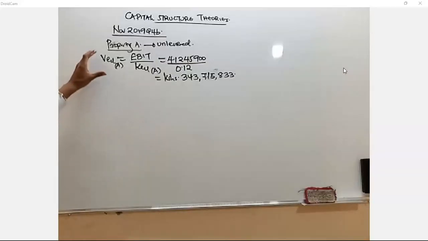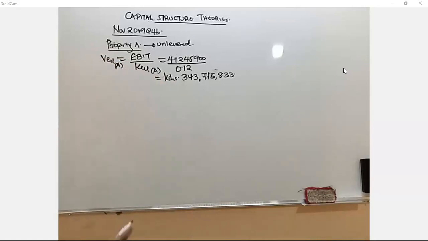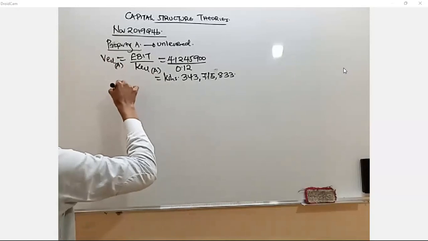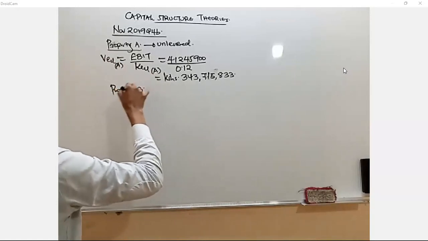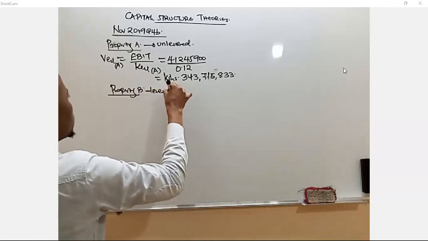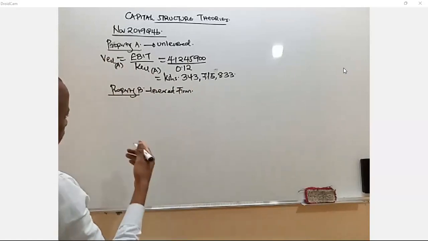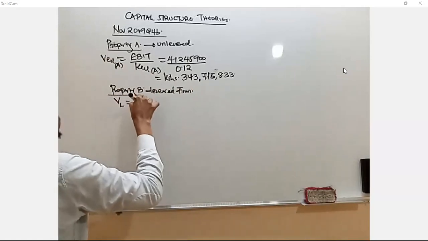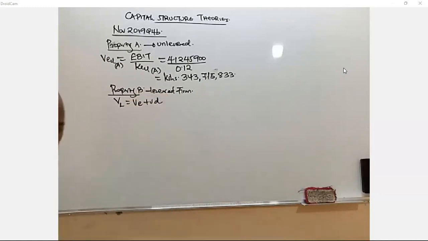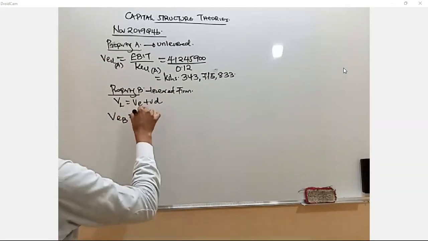I have already calculated for you the value of the farm or property A. I just want to calculate for property B, which is partially, this is the levered farm. So how do you normally get the value of the levered farm? We have said, you normally take the value of equity plus the value of debt. And in this case, remember that to get the value of equity of property B,